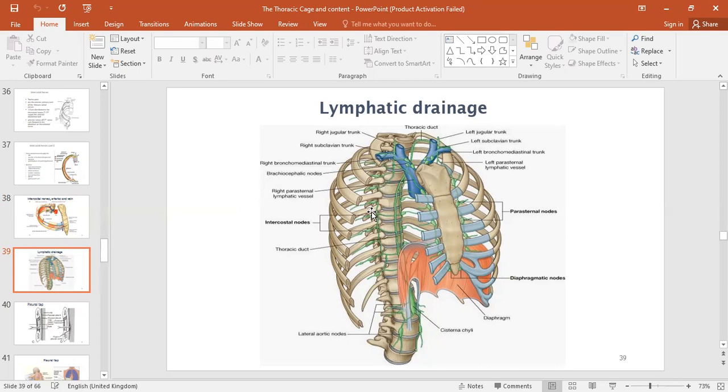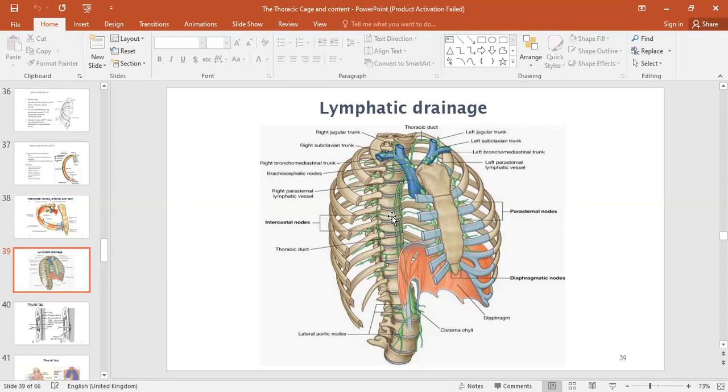It drains the right side of the head, right side of the neck, right side of the arm, and the right side of the chest. Then the remainder of the body, that is the left face, left neck, left arm, left chest, the entire abdomen, the entire lower part of the body, is drained by the main thoracic duct, or simply the thoracic duct, which is here. So the thoracic duct in the chest